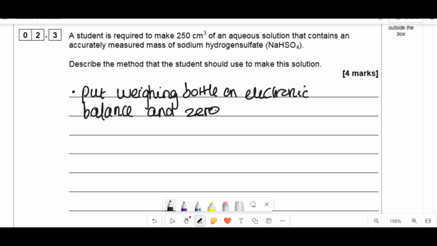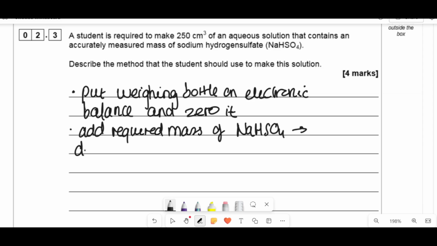Because if you zero it, then you can weigh out the solid more accurately. What I'm trying to get at is if you put the stuff in here and then you dissolve it and then transfer the washings into the flask, you won't lose any solid because you're transferring the washings as well. So you can do that here. Then you add the required mass of NaHSO4, and then you dissolve it in a small amount of solvent